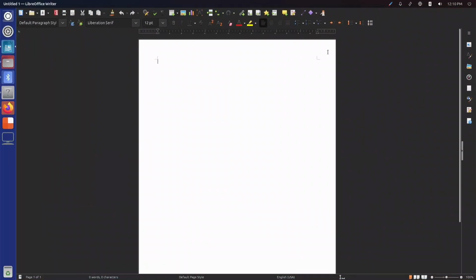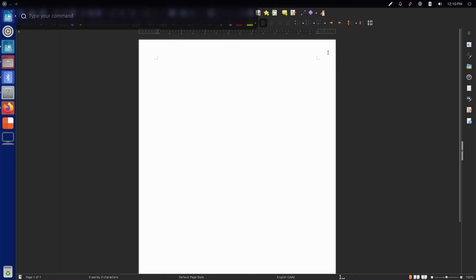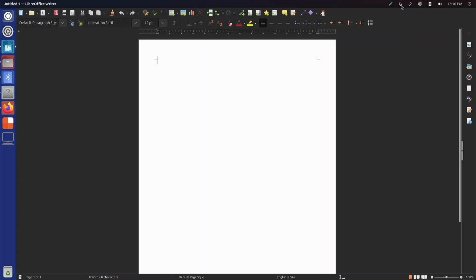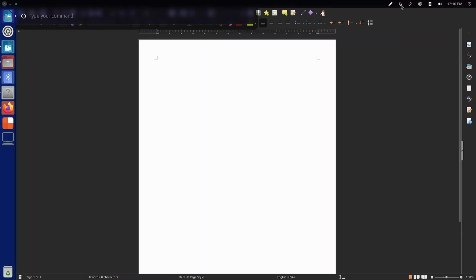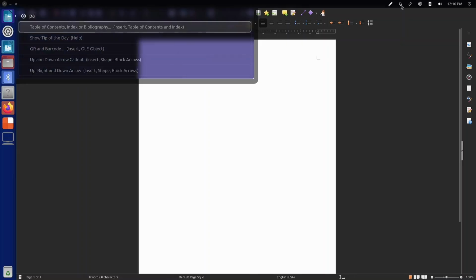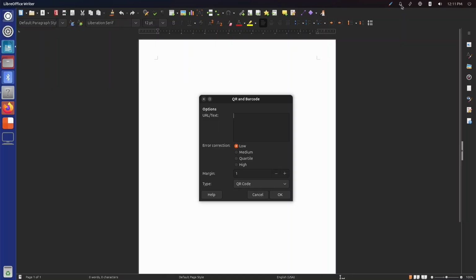So I did show you the Mate HUD last time. Okay, yeah, there we go. It's showing the LibreOffice Writer icon, and now we can just... I guess if you know your command, okay, there we go. Oh, you can insert QR and barcodes?